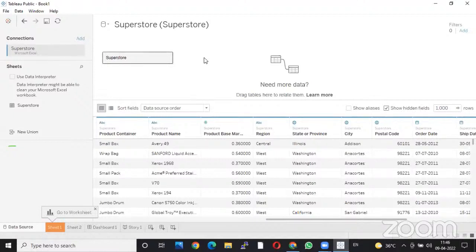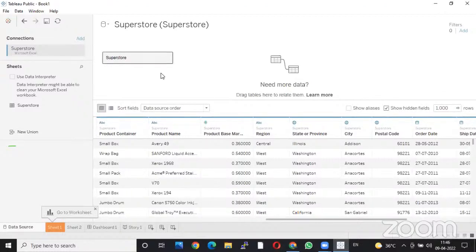Apart from this, if you have multiple sheets and you want to do analysis on multiple sheets, you can also connect those sheets over here. This is only one sheet I have, so I'm not connecting it. I just wanted to tell you that if you have been using SQL, and if any of you have used databases, there we perform joins.